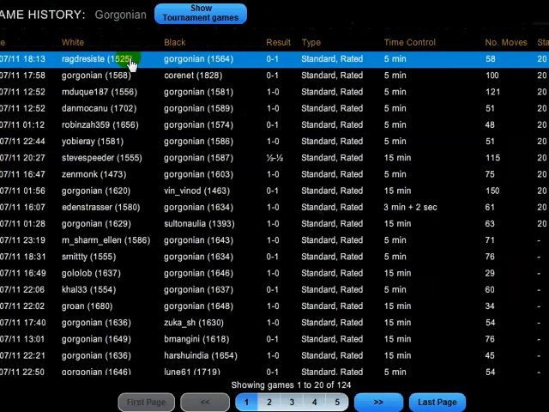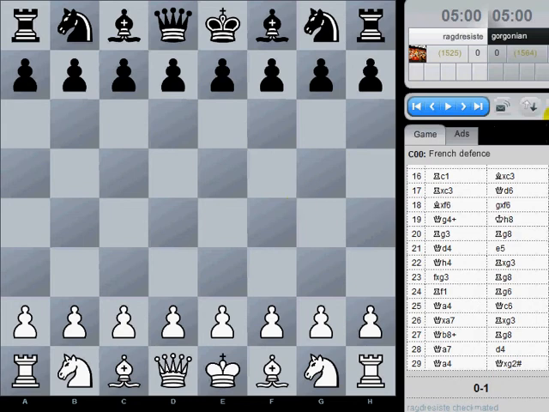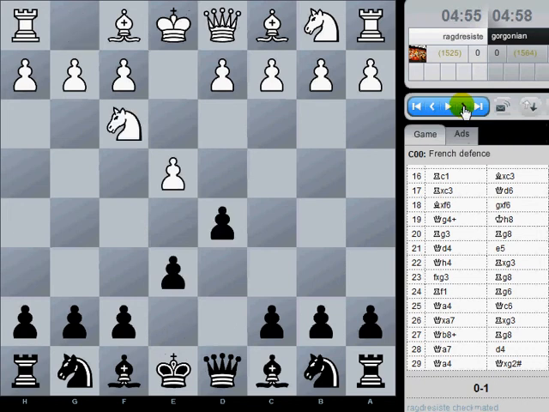Here's the game, so I'm going to go click on it, and we've got it. Alright, I want to flip the board. And from my perspective, let's go through it. What does this do? Play, next move. Okay, good. So this variation of the French is, I'm sure it has a name, but